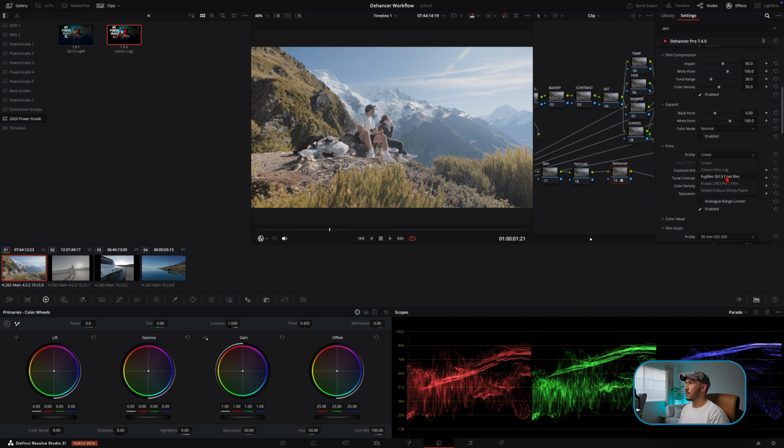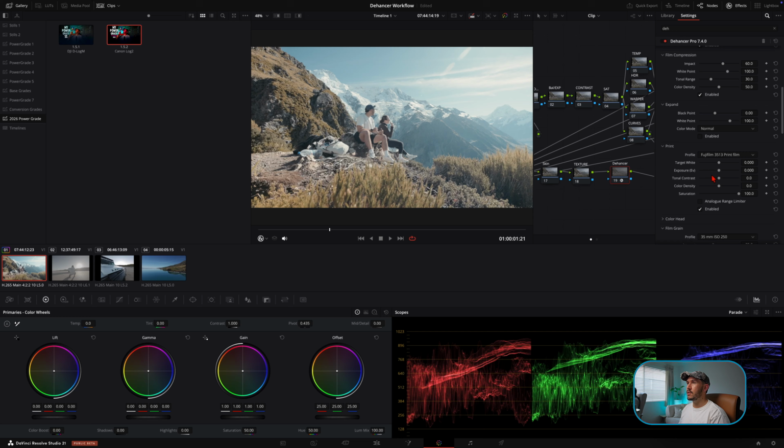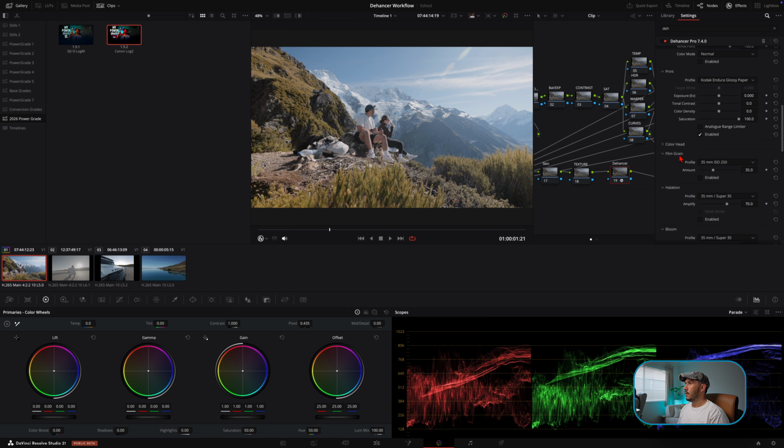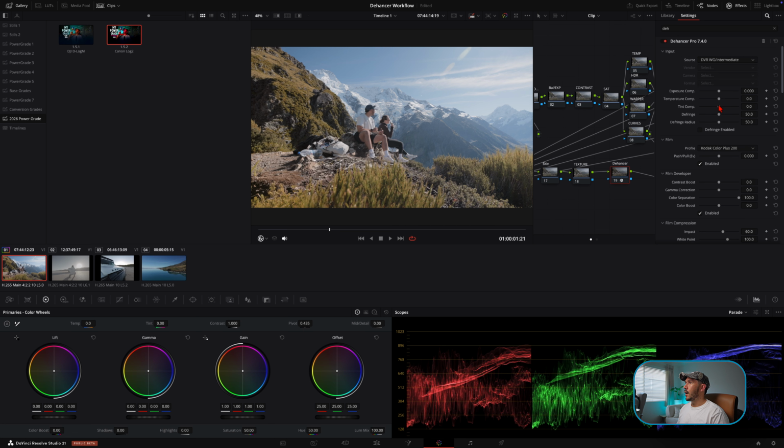You've got linear, Cineon film log, your Fujifilm 3513 print, Kodak 2383 print, and then the Kodak Endura glossy paper, which I think we'll use. Alright, so now we can start working with our image, and sometimes I'll actually like to go back